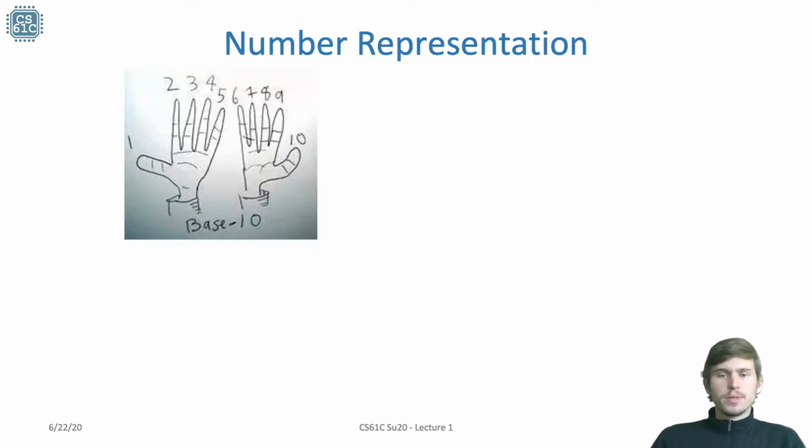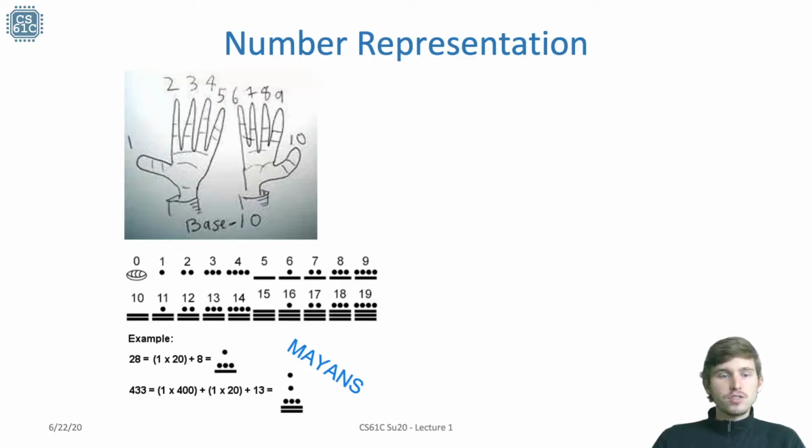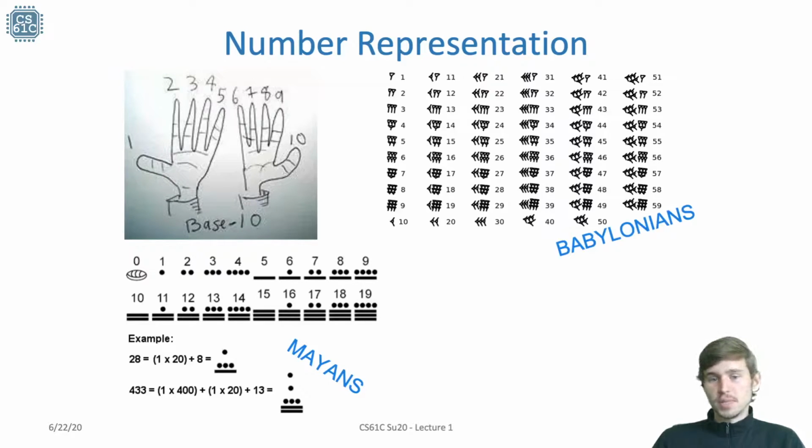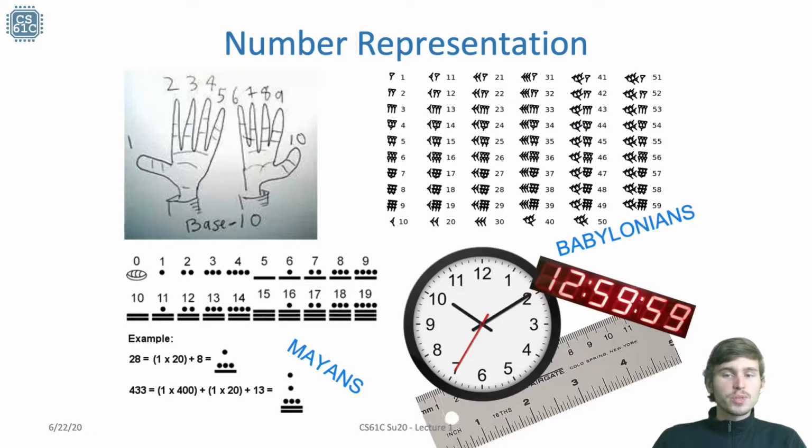So we have all grown up knowing and loving base 10 numbers, probably because most of us have 10 fingers. But different cultures have historically settled on using other bases to represent their numbers. For example, the Mayans actually used base 20, the Babylonians used base 60, and sometimes we wish we were using